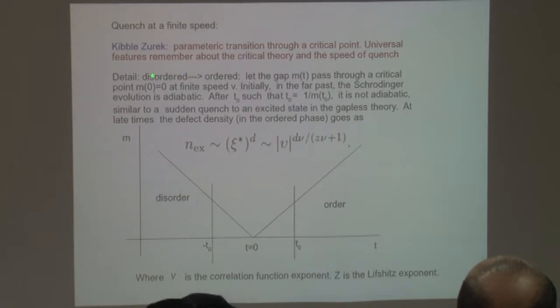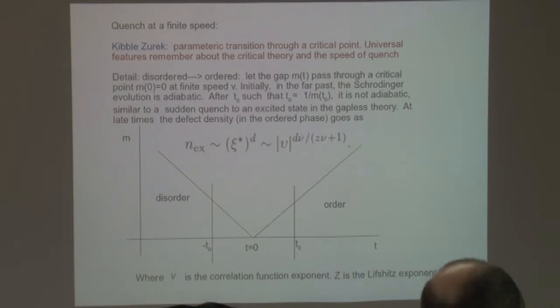So you have a parametric transition through a critical point, and then the universal features, in particular of the late time behavior, remember the critical theory and the speed of quench. This goes under the general name of the Kibble-Zurek mechanism, in which if you are going from a